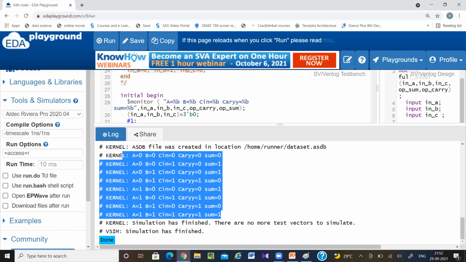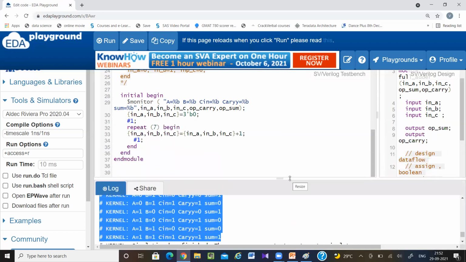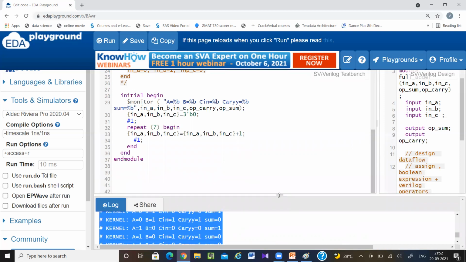But if there are so many values, it is difficult for me to manually check them. So I have two options. Either I write a reference logic, or I write a separate module, or I can set a reference module. It is a small code, so I can write the reference logic here only.